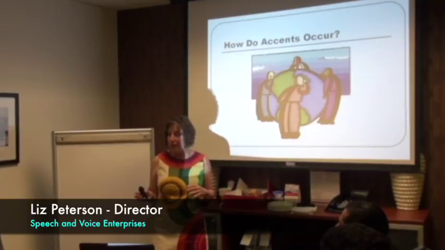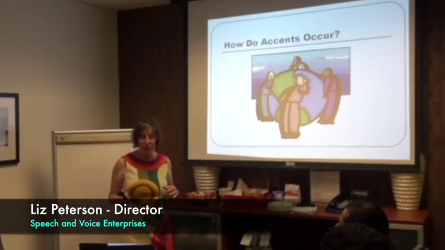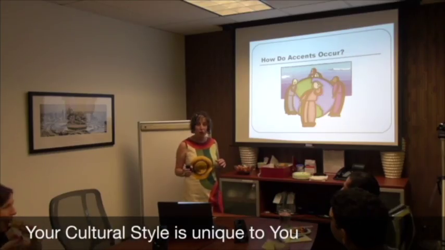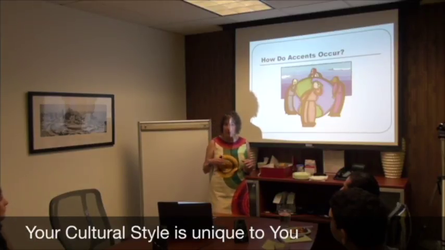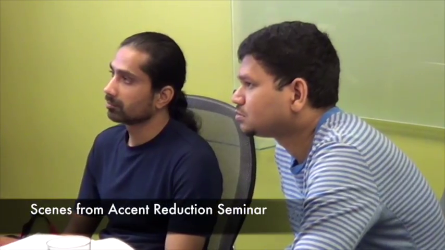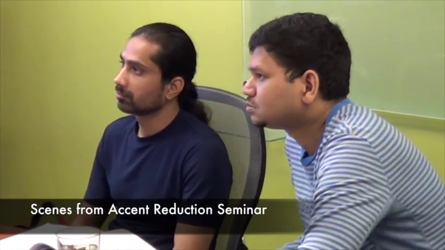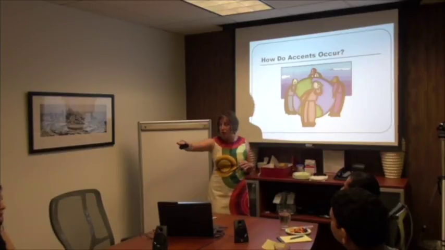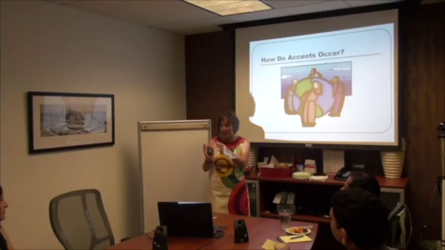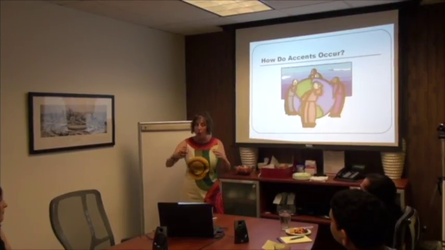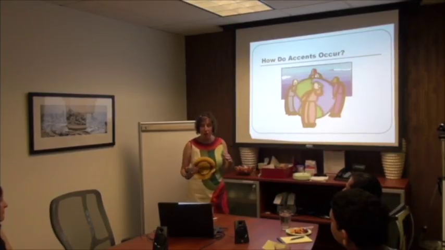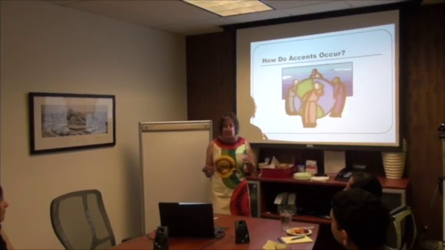Every cultural group has their own style with how they speak their language. So when someone learns another language like English, it's very natural to speak it in the cultural style of your first language. So we have Abdul, who's from India. That language, I would describe it as very monotone. Not only is it monotone, but the syllable segments tend to be very short. And because the syllable segments are very short, more muscular force is being brought to the speech than what's necessary